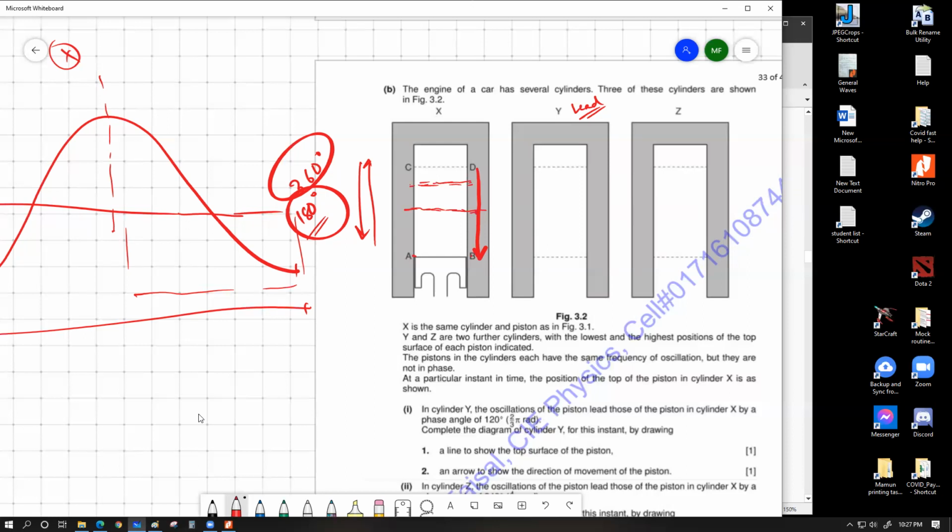So this would be the position for the piston of cylinder Y, which is 120 degree leading of X, which means it has to cover a bit more of 120 degree to reach up to the position of X. Won't it be less than three-quarters? I didn't understand. First it covers half, 180 means 90 degrees, then it won't be less than half, like three-quarters, won't it be less?